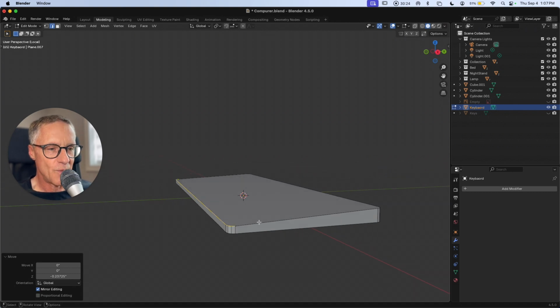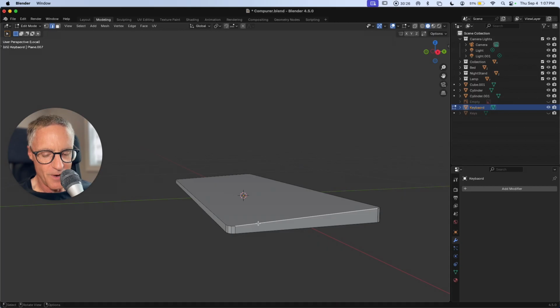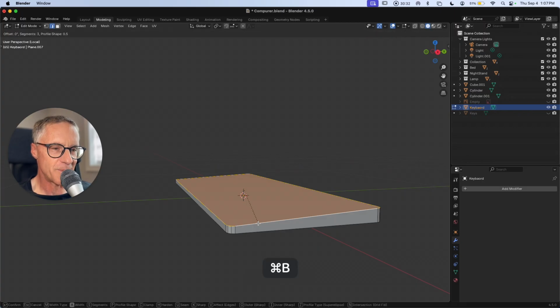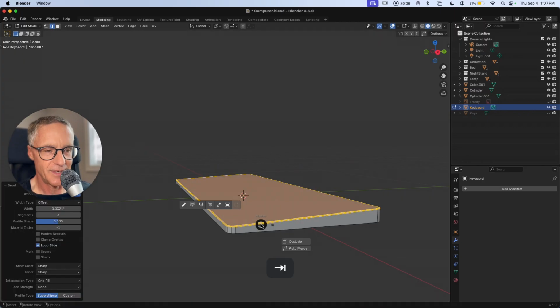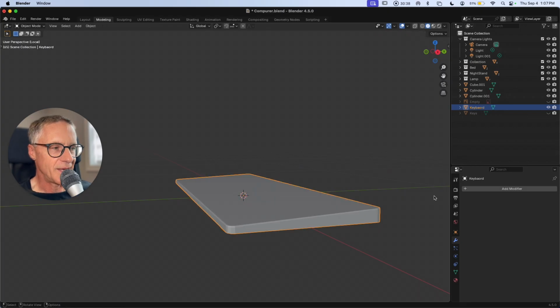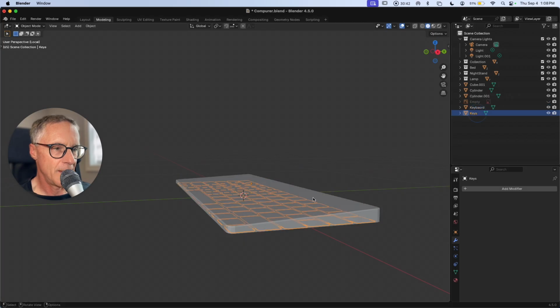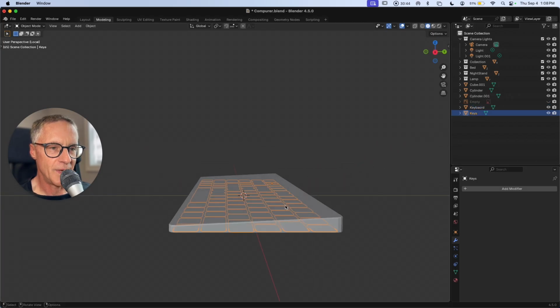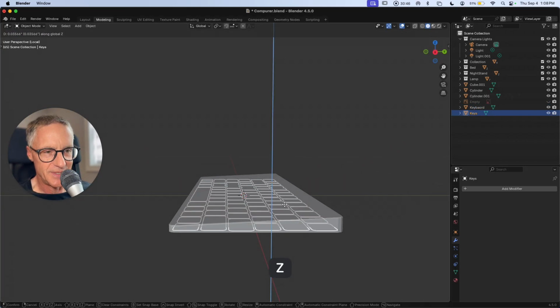And actually, you know what? We're going to select all this top edge. So I'm going to hold down Option key, click this, and they're all selected. I can do a Command B. I want to bevel this a bit, something like that. Okay, so now we'll bring back our keys, and we are going to do G to grab Z,